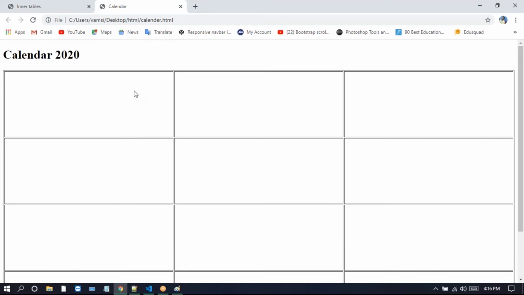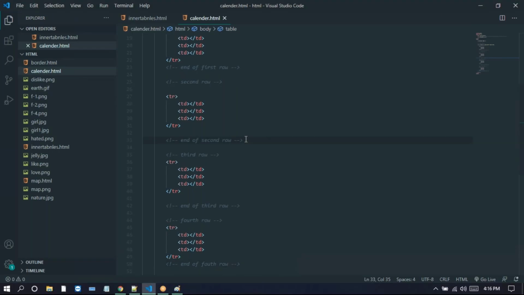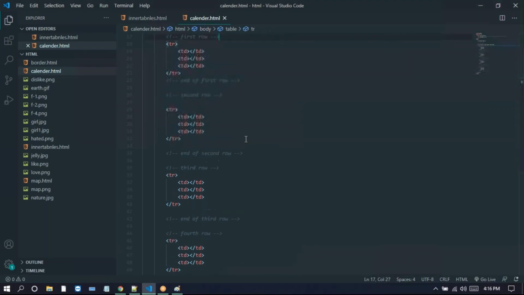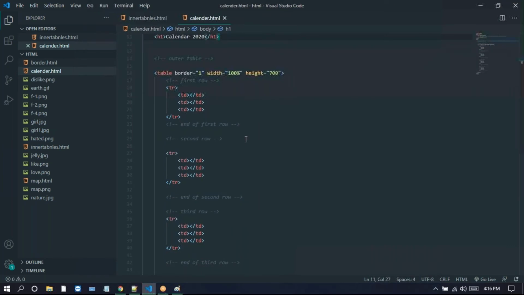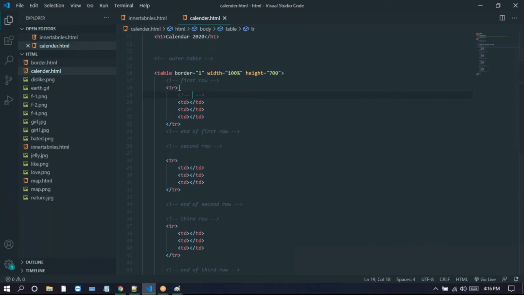So I'm creating the January month, and here I put the end of this January.